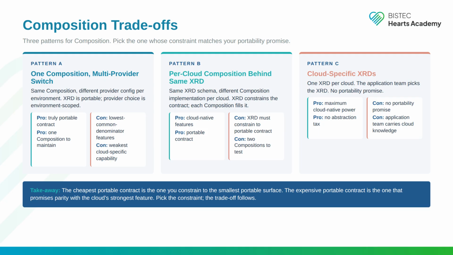Pattern B, per cloud composition behind same XRD. Same XRD schema, different composition implementation per cloud. XRD constrains the contract. Each